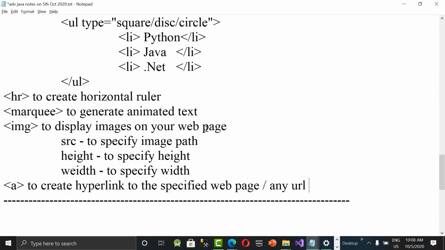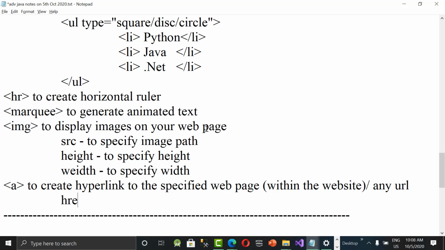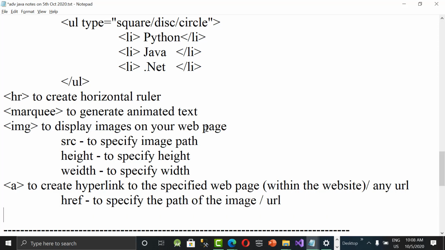Web page means within the website. Any URL means even any other website, an external website. What are the other attributes to this? href to specify the path of the image. Okay, that's about images and hyperlinks.